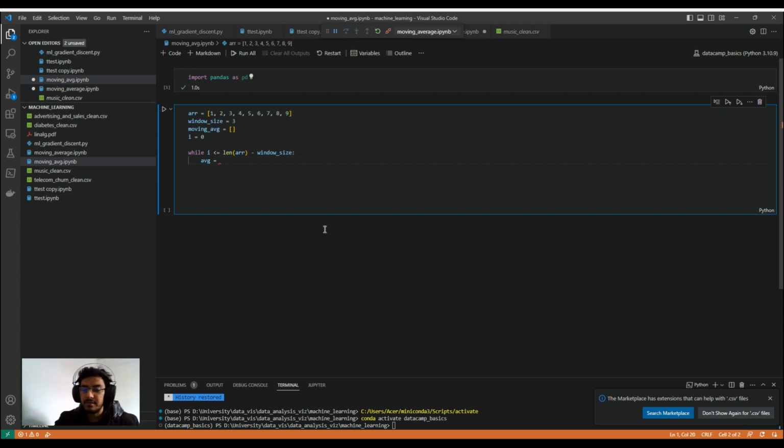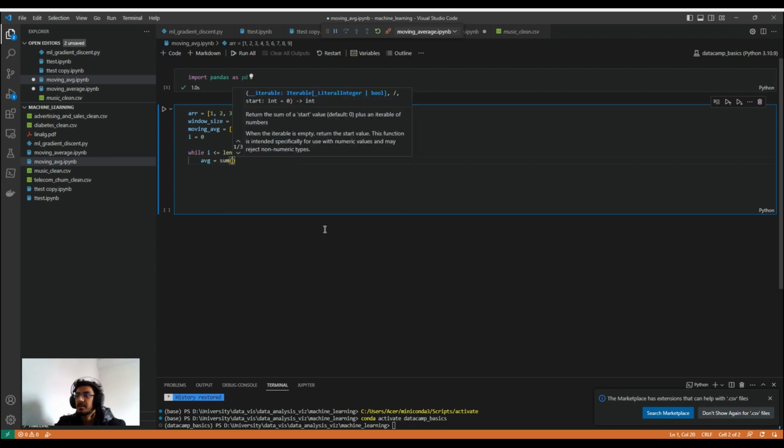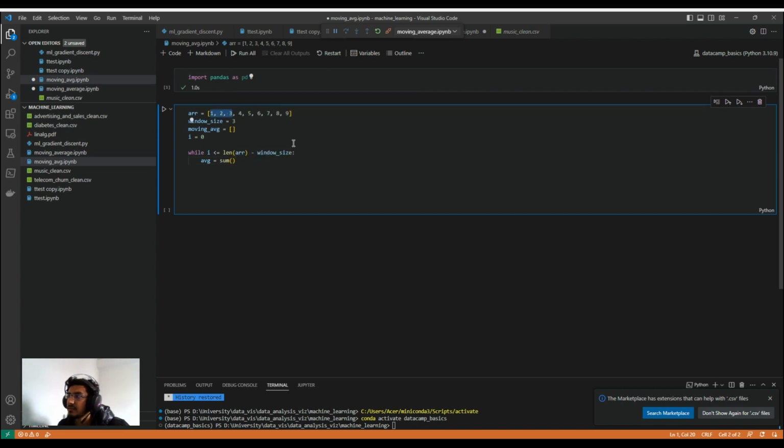We have to have the sum. Sum of what? Sum of the first 3 values. So let's say we have an array, and we take the first 3 values. We start from I. If you know how to slice a list, this is where it is going to be really handy. So we're slicing through the list where we have I,